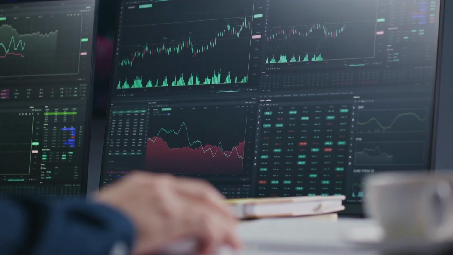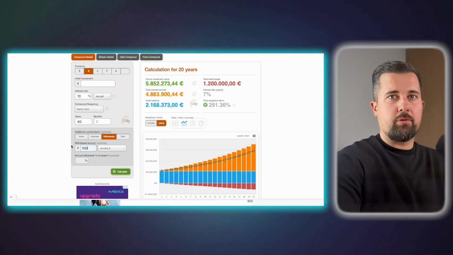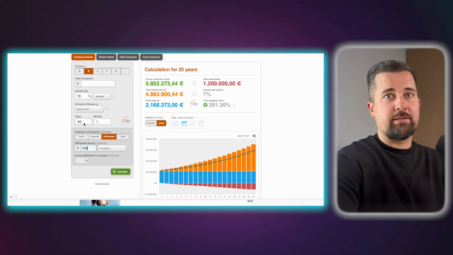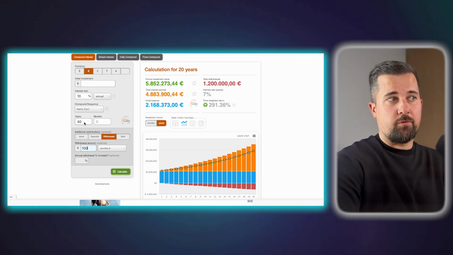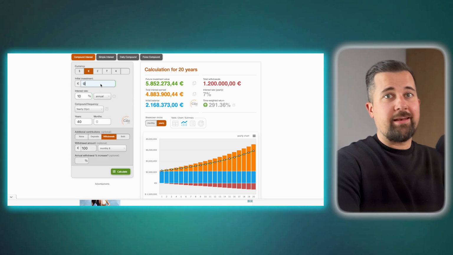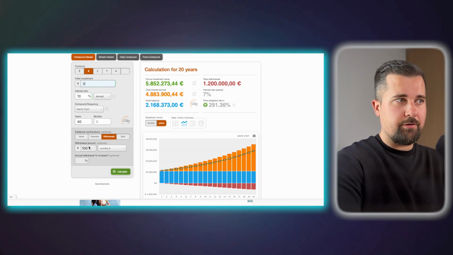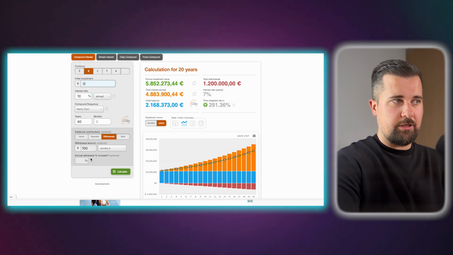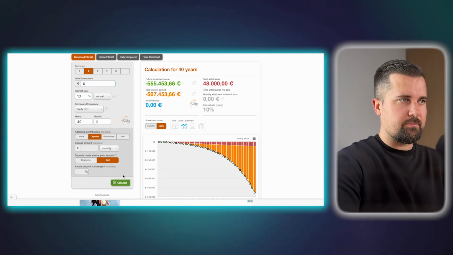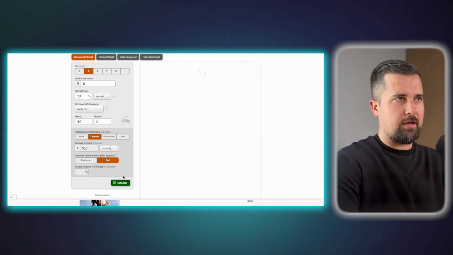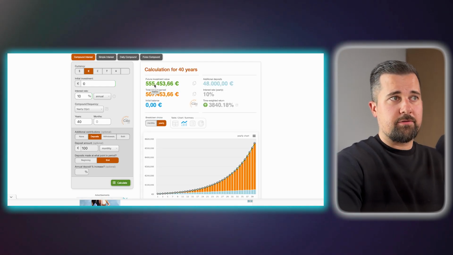Now, we did jump to quite a few assumptions. So let's say you're a beginner investor. You don't know what investing really is. You just know that it's making money from all sorts of stocks, ETFs, bonds, and something like that. In this instance, let's take a very simple approach. Let's assume you have a significant time horizon, which is 40 years. Now, let's say you don't have any initial investment. You have those 40 years, and you want to put 100 euros each month into that account. Let's make deposits. 100, calculate. We already calculated that, 555,000.